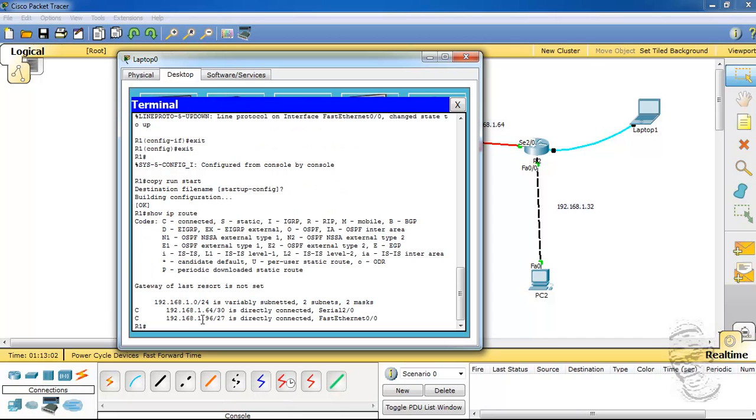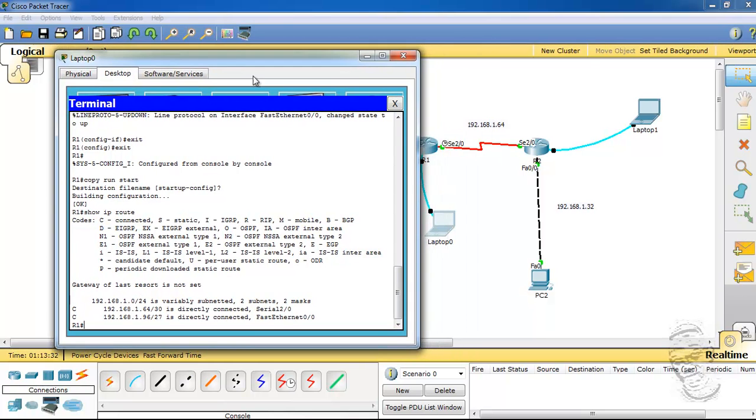And as you can see, on PC1 there's a directly connected route to the 96 network, right? And there's also a connected route to the 64 network, but in this routing table it would not be able to get to .65, right? So you'll have to configure static routes in order for PC1 to see this network on this side here,